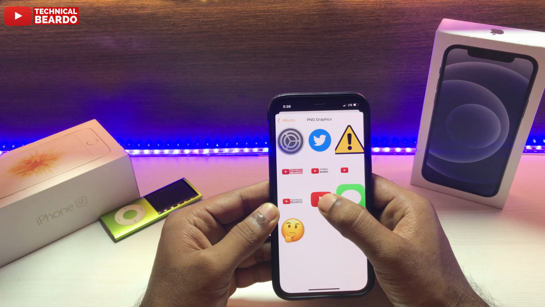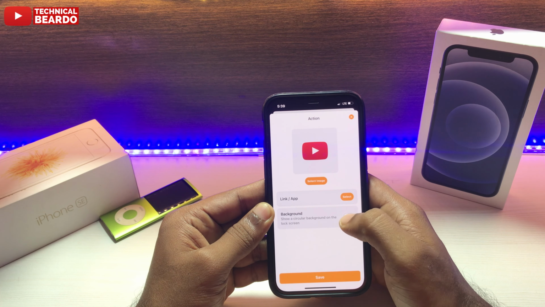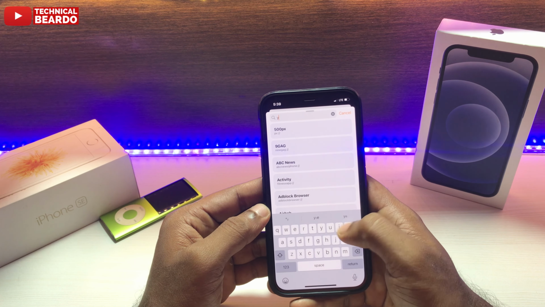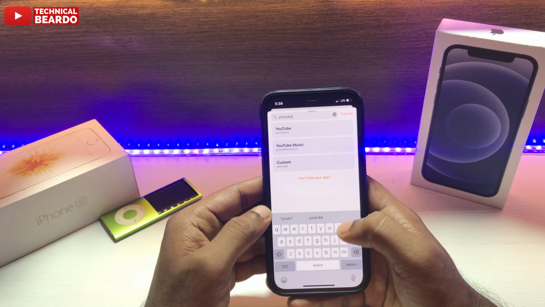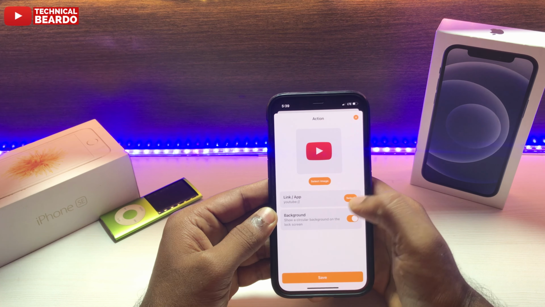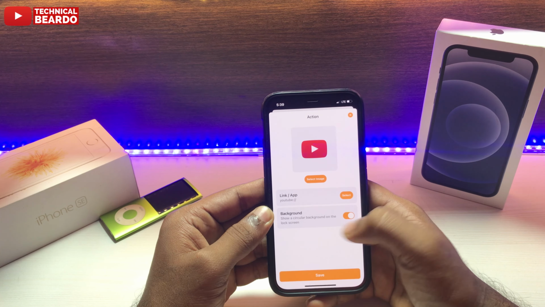Let me do that. Let me choose YouTube. Once you have the image selected, the next step is linking the application. Just tap on the option, and here search for the application name, that is YouTube. Once you have the YouTube application selected, click on that, and then below is the option which you can choose. If you want the icon of the widget to be as it is, or you want it circular as shown earlier, as per your choice you can choose it, but make sure that you have a correct image for that, because the image selected should go with a round circle or a round widget. Once you have that, just click on save.